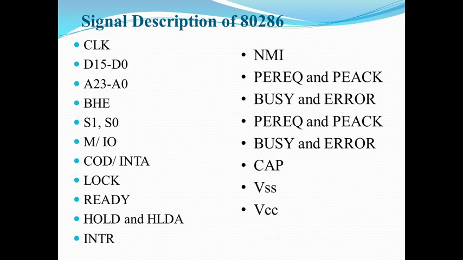So this is the same as TEST bar in case of 8086, where we are testing whether the 8087 has completed the previous operation. If the coprocessor is busy, the processor will wait for this to go high. So the coprocessor is busy and the current processor 80286 cannot give the next operation to it. In this duration the processor extension is busy with its allotted job, and once the job is complete, the coprocessor drives the busy input high, indicating to the 80286 to continue with the program execution.